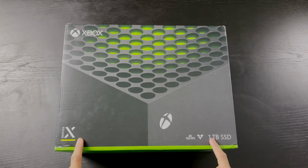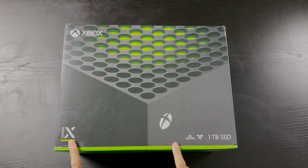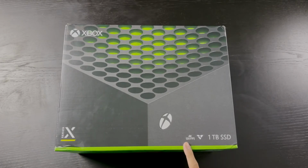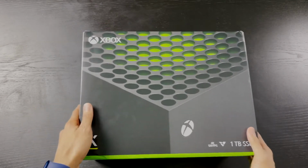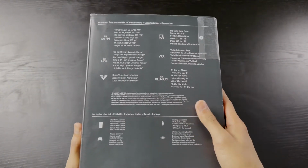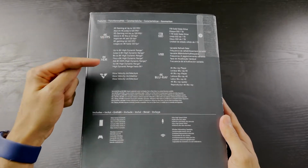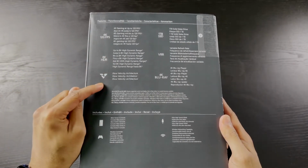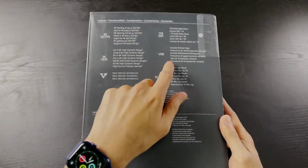This is the front of the Xbox itself. So you can see the Series X is just down here. We have 4K at 120 frames per second is what it's capable of. This is the Xbox Velocity sign and the 1TB SSD included. So let's just have a quick look through this box itself. If we jump onto this side, we can see what some of the features are. So again, what I've just mentioned from the front, 8K HDR, Xbox Velocity architecture, 1TB SSD, variable refresh rate and